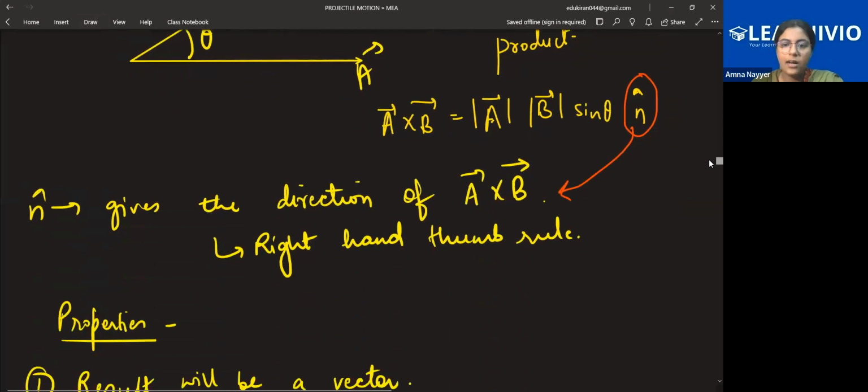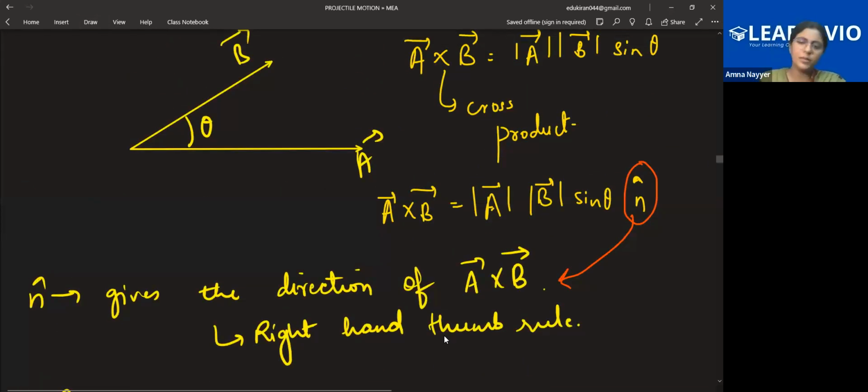Fine. Now, the right hand thumb rule is present, but we don't have to use it. Why? Because whenever you get a question, depending upon that topic, we will be studying individual quantities wherever direction is required. So you don't need to remember everything by this right hand thumb rule, because the answers can be wrong. It's better if you remember that the right hand thumb rule exists and n cap is giving the direction of A cross B. That is just for the direction purpose and we do not even use it.